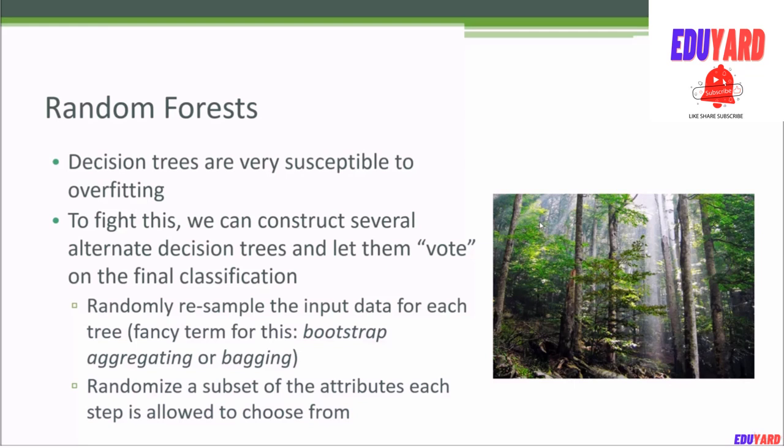So that's how random forests work. Basically, it's a forest of decision trees where they are drawing from different samples and also different sets of attributes at each step that it can choose between.